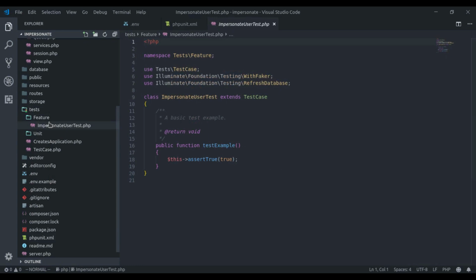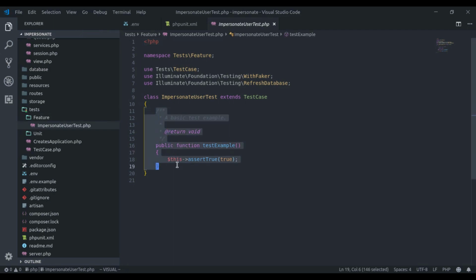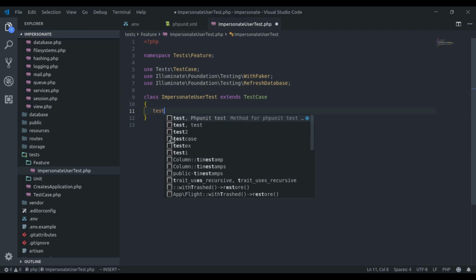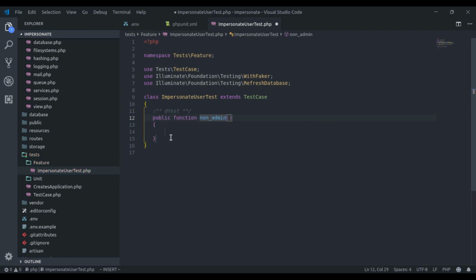As you can imagine, you cannot expose an endpoint like this that allows you to sign in as any user. You absolutely have to be sure that this endpoint is protected and it should only be open to admin users. For that, we're gonna create a test. Non-admin user cannot access impersonate page.